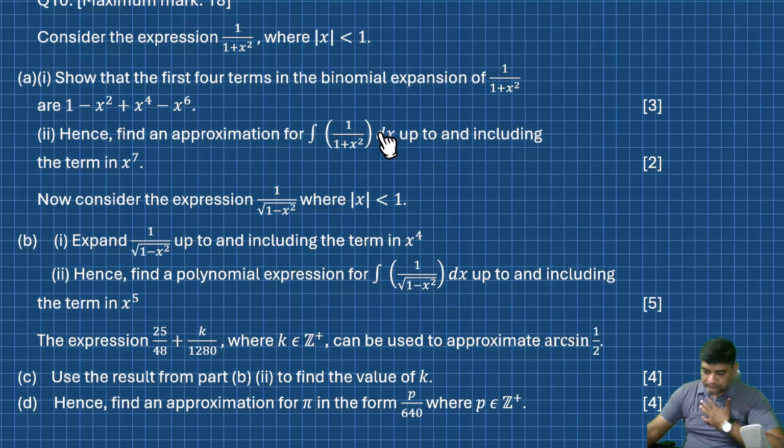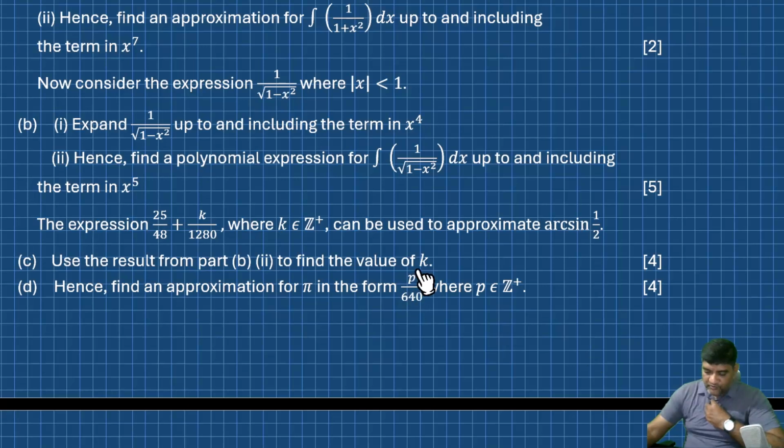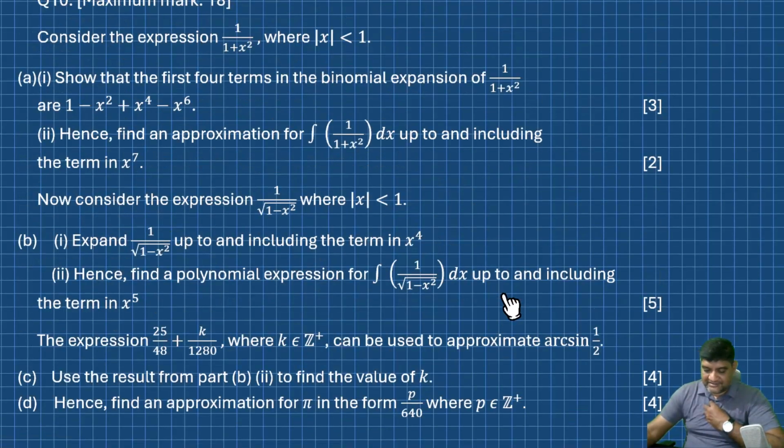Now, integration of 1 over 1 plus x squared is basically tan inverse of x, which is arctan x, and integration of 1 over root of 1 minus x squared is going to be arcsin of x. Using that I can find the approximation of 1 over 2. He wants us to find a value for k if it is equated to that, and then he wants us to find the approximation of pi in the form of p by 640, where p belongs to the positive integers. Very simple. Let's look at the